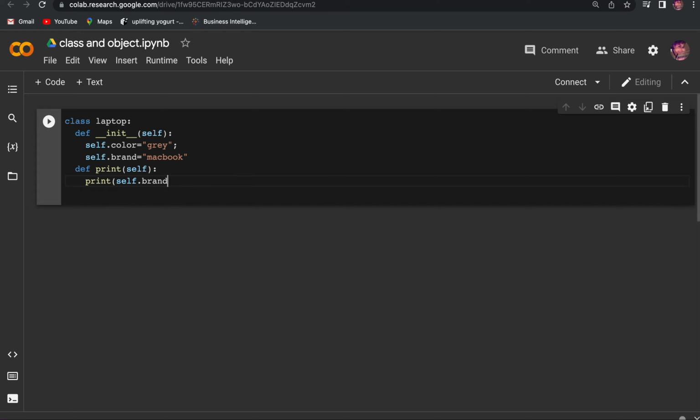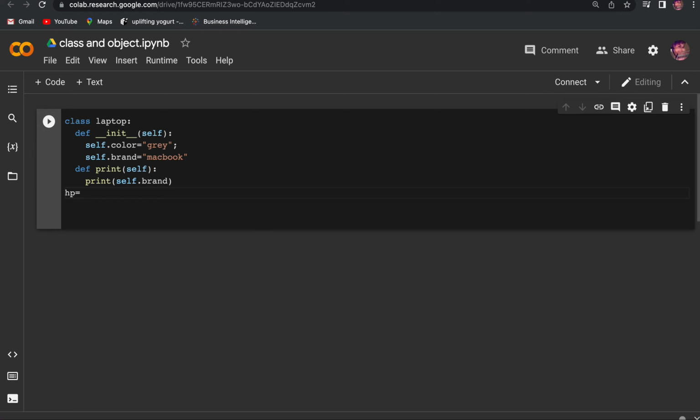Now, just by creating class, it does not work. You need to create an object. And remember, you can create objects how much ever you want. And those objects should be belonging to laptop class. So how do I create an object? I should come outside the class. And if you want to come outside, indentation is important in Python. And this is how you're outside the class. And first to create an object, you have to first give the variable name, say HP